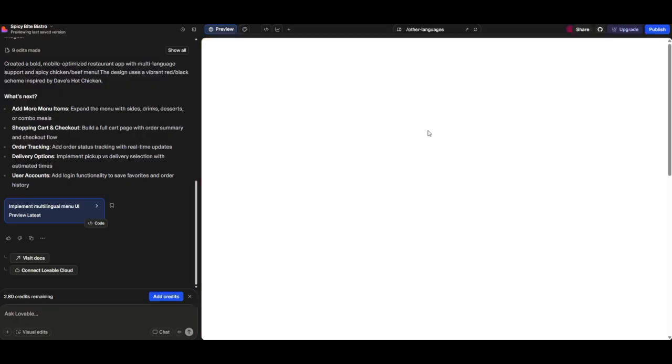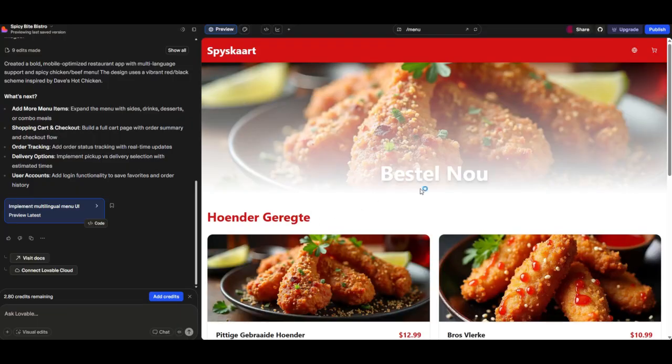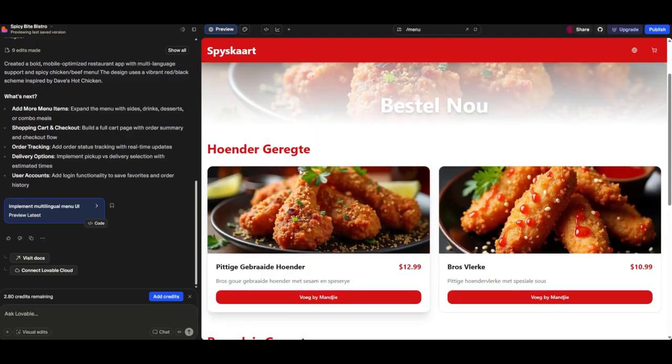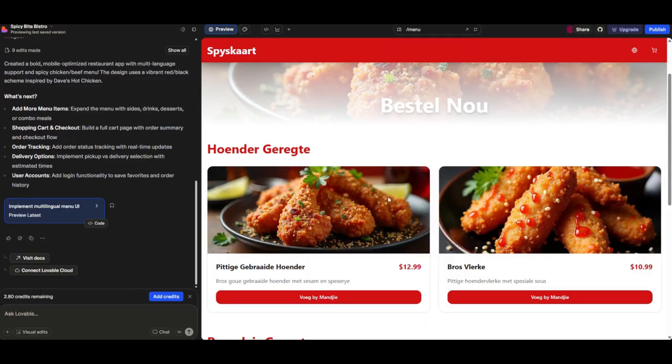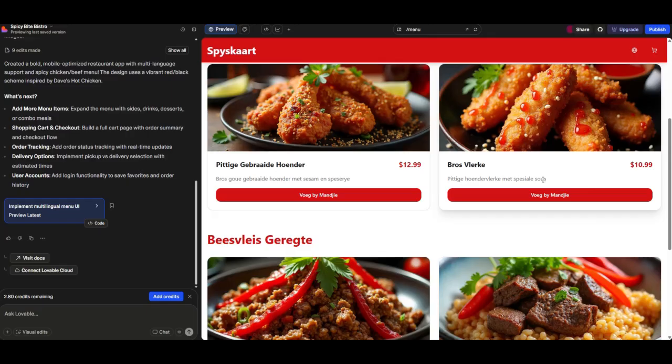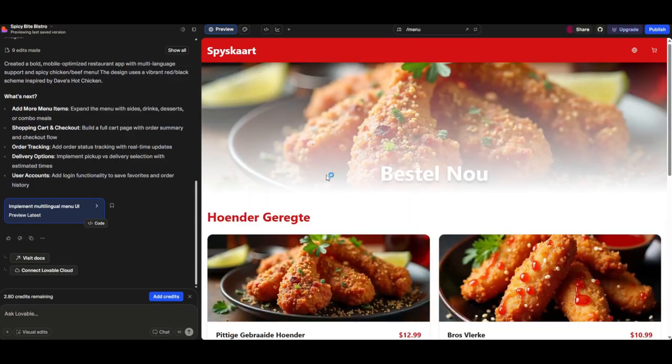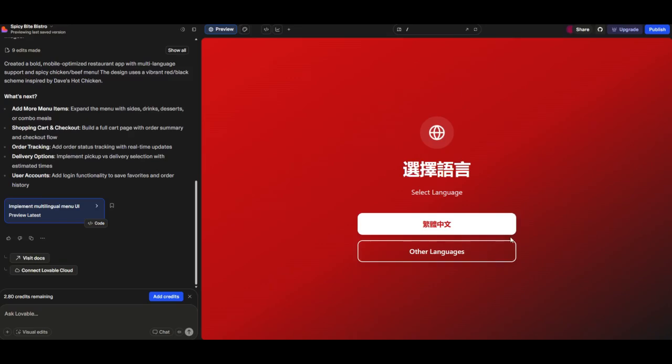Go to other languages, I hit on Afrikaans. It's got this background image with the language translated. I can't be sure with all the other languages, but it's got this Afrikaans correct. It's got this menu description correct. The price is correct, and I don't know if it's got the button correct, but it's got this part correct, and that's all I can say about that. If I go back again, which I'm using as a back button, but it should actually be a back button,